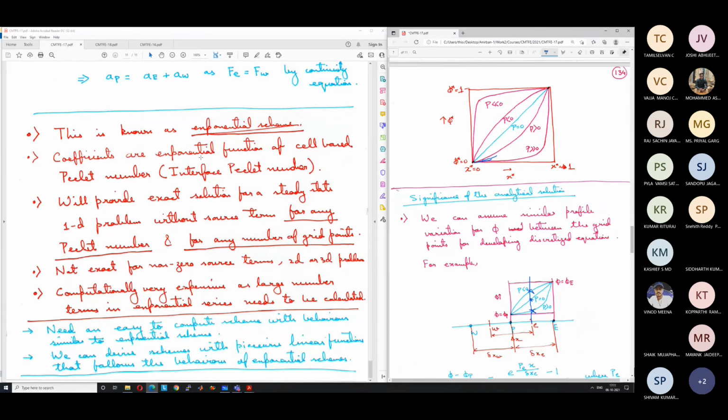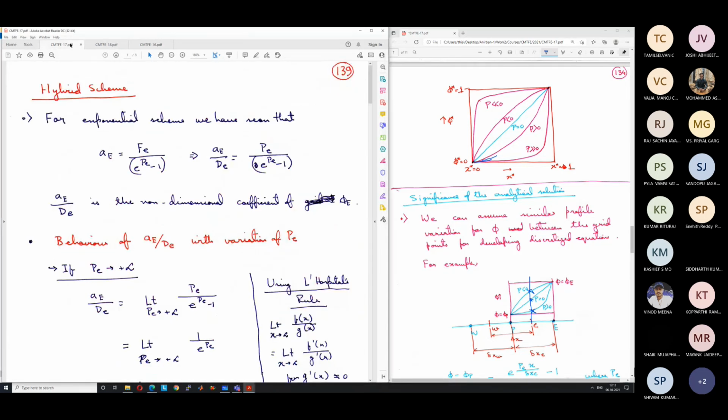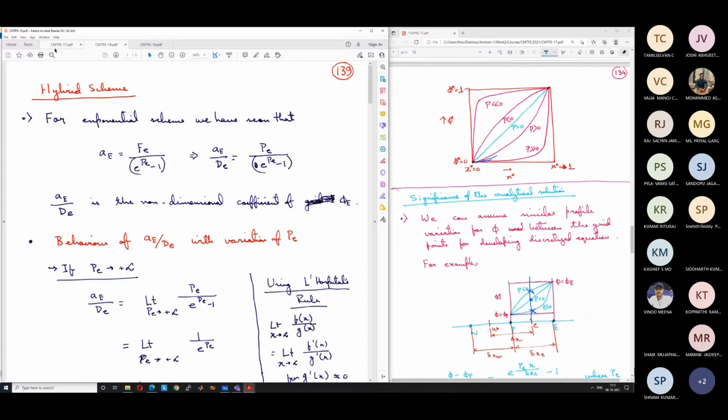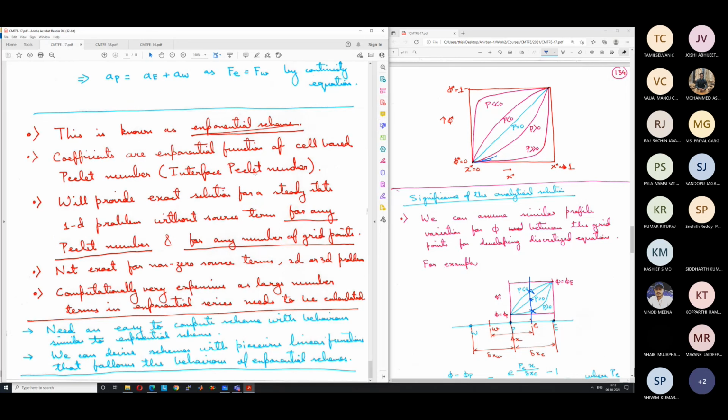Okay. So with this we will stop today's class. Any questions? And when is the next class? Next Monday we have a class. Although the Puja vacation is from Tuesday, Monday there is no holiday. Monday there is a class. So in Monday's class, we will continue this discussion and we will see two more schemes, the hybrid scheme and the power law scheme. These are very familiar to all the other students who have learned CFD and widely used. We will see those schemes, and then we will go into further details.